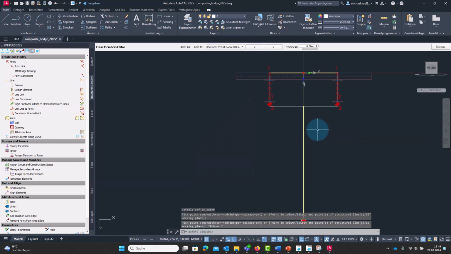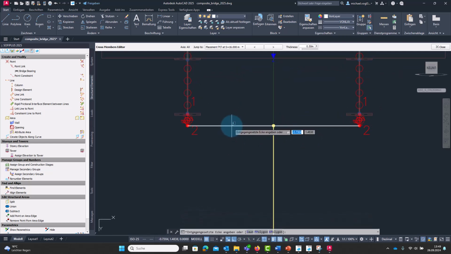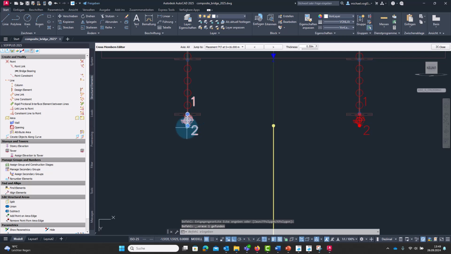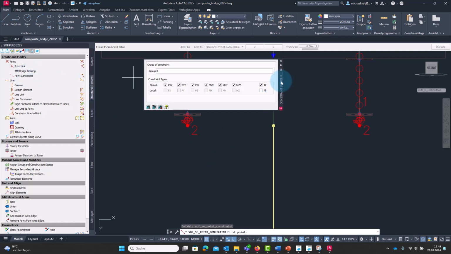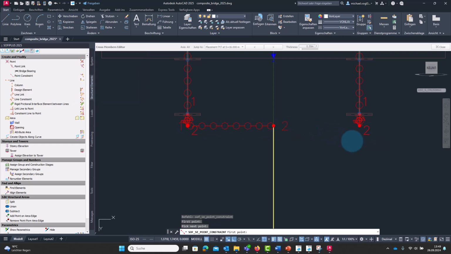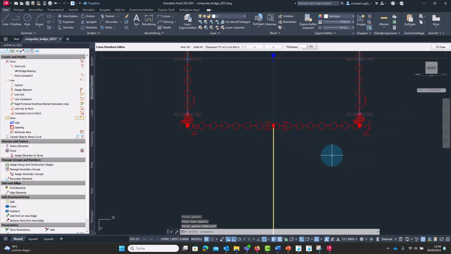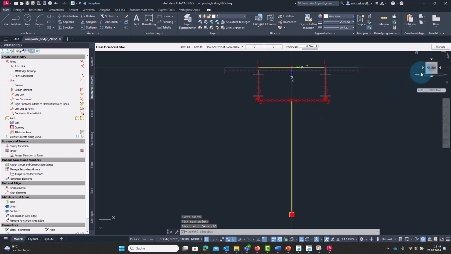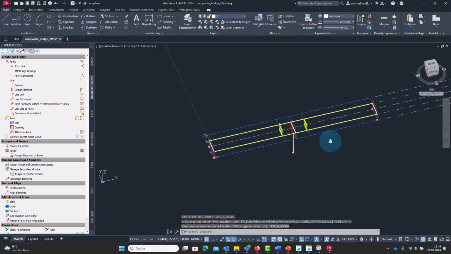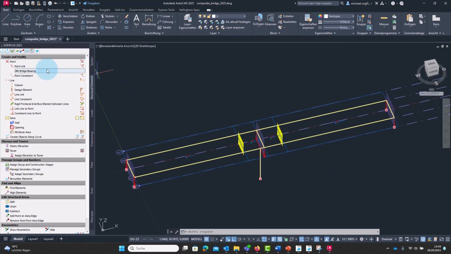And still missing here, as you can see, is the link. I will delete this line here. It's the link between the bottom of the bearing and the head of the pier. And for that, we use once again point constraint and link the bearing to the head of the pier. Then we can close Cross Members Editor, take a look at the bridge, and now export